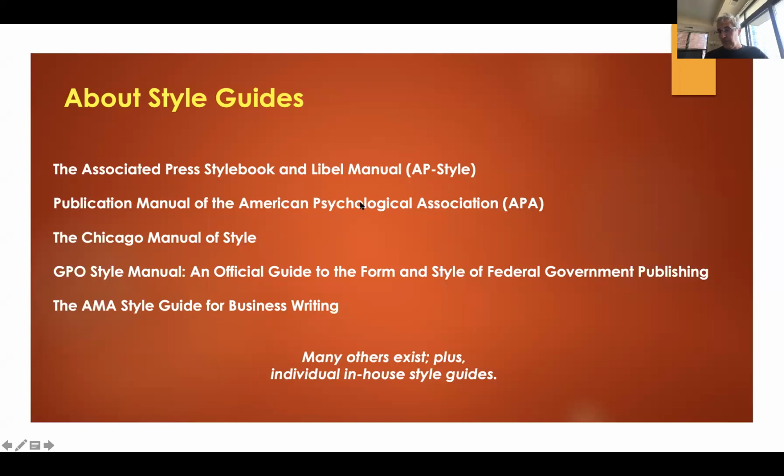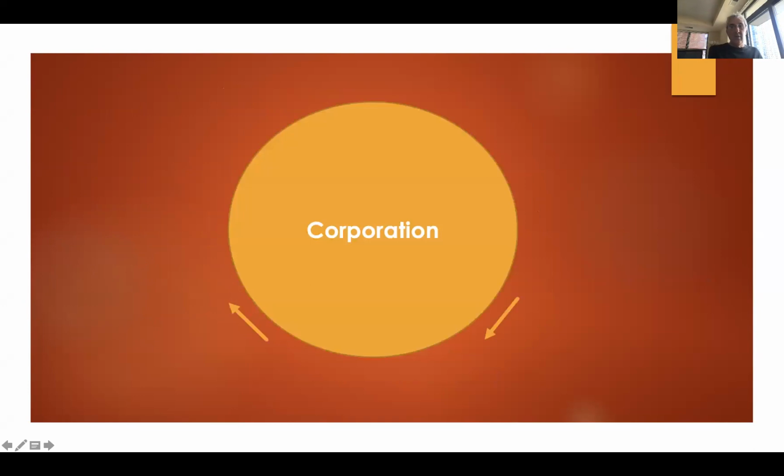Now, some corporations might use more than one type of style guide. For example, let's say you are a technical writer for the Tyson Food Corporation, and you write and publish in a health journal a scholarly article on best practices for safe food coloring that also adds a nutritional value. You might need to use the APA style